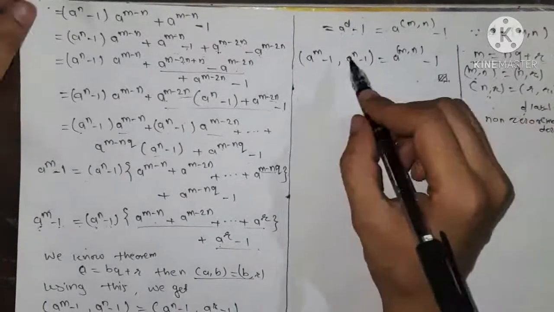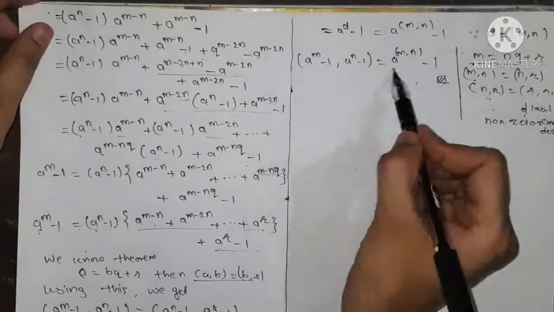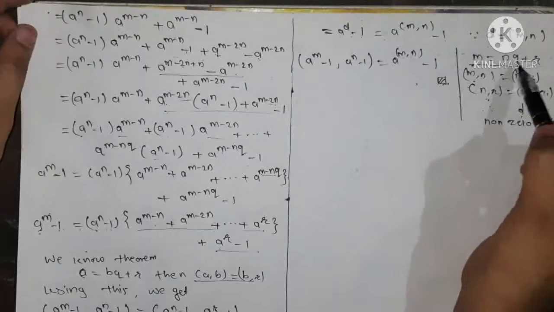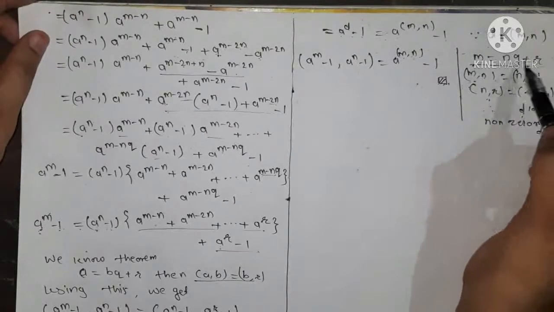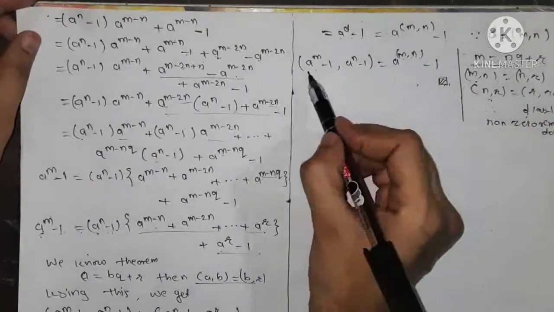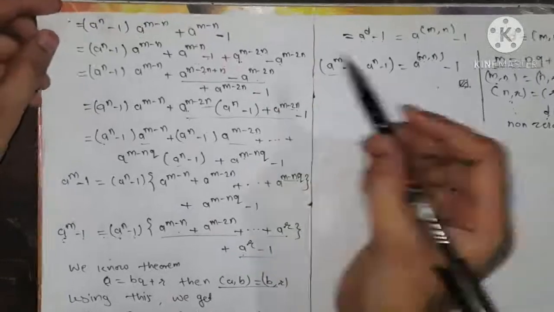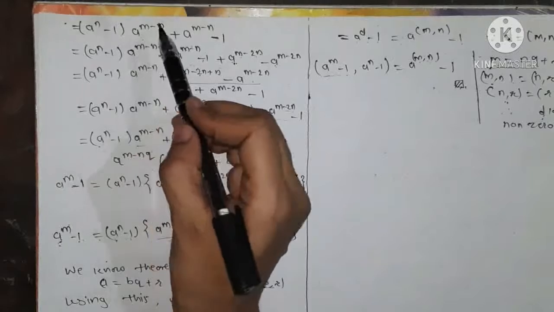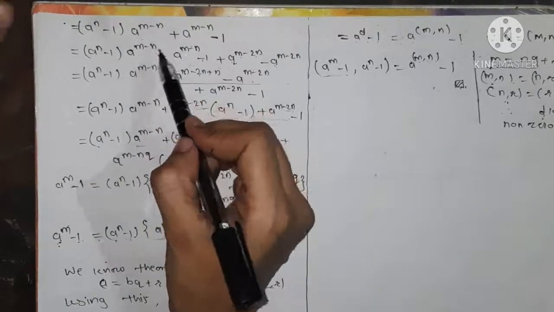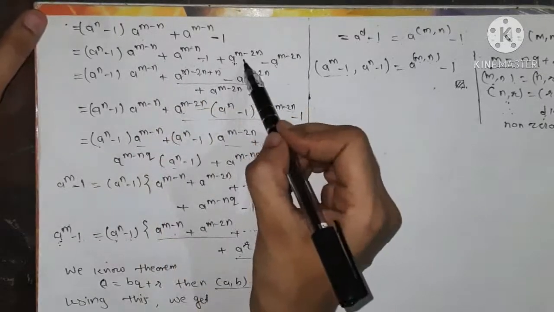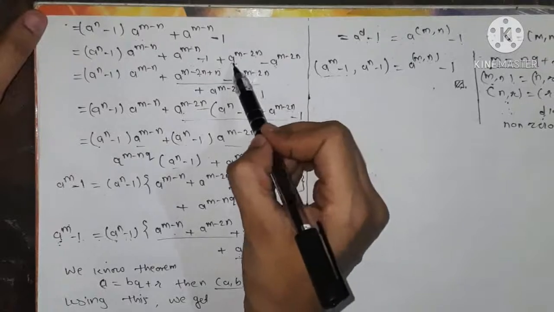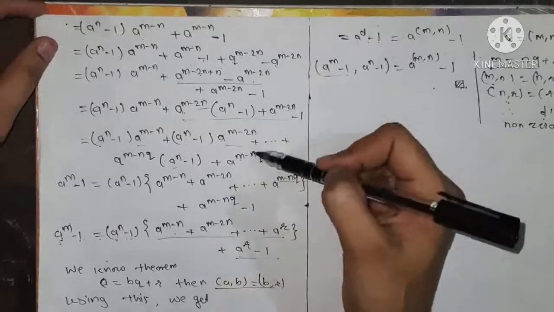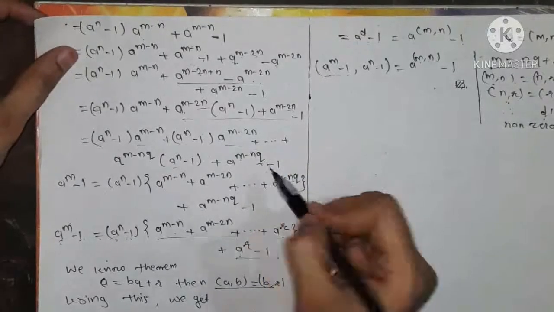So we just recall this theorem again. To find the GCD, we apply the division algorithm to m, that is m equals n q plus r, and we consider the term a to the power m minus 1 and express it by adding and subtracting the term a to the power m minus n. Then we continue the process of adding and subtracting the terms, like a to the power m minus twice n, and we continue this until the q comes out.